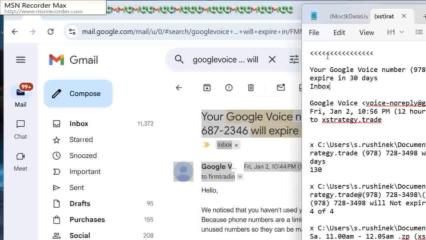Now I'm ready to make an outbound call to Google Voice to comply with the Google Voice policies. Hi, I'm ChatGPT, an AI assistant. Just so you know, your conversation may be recorded for safety. By continuing this call, you're agreeing to